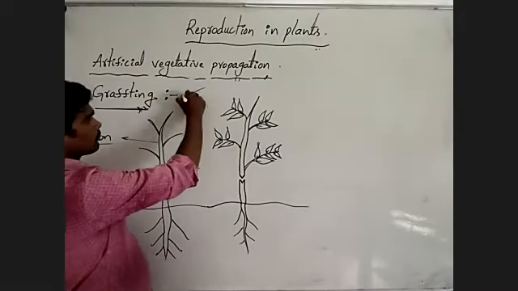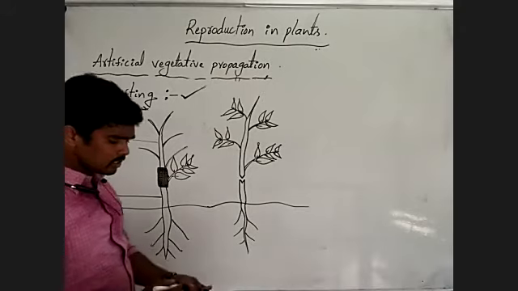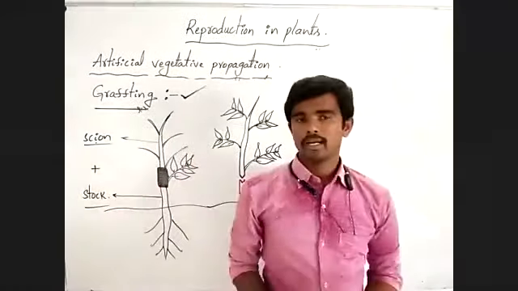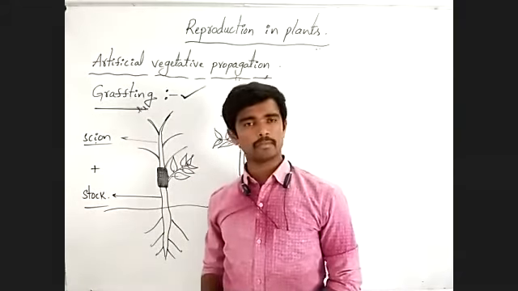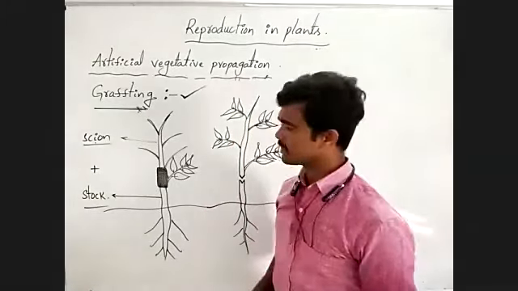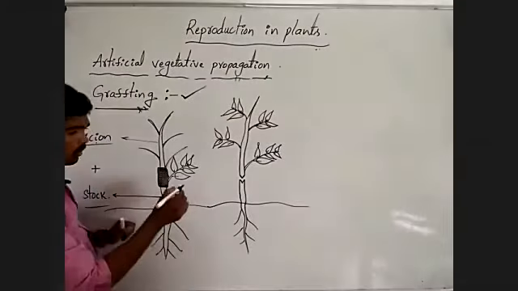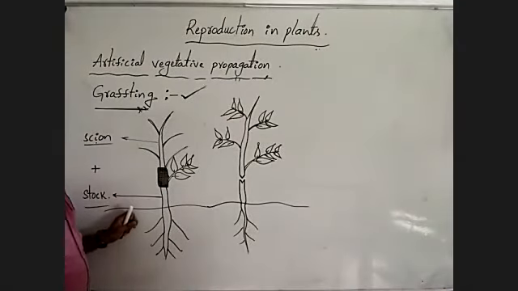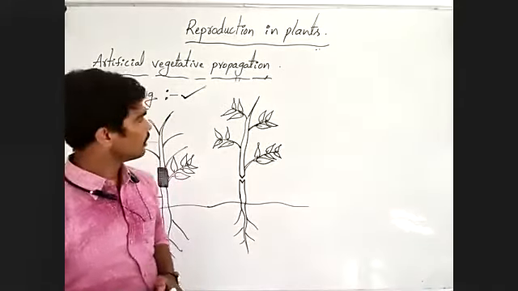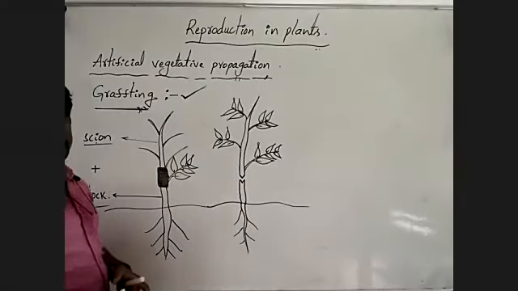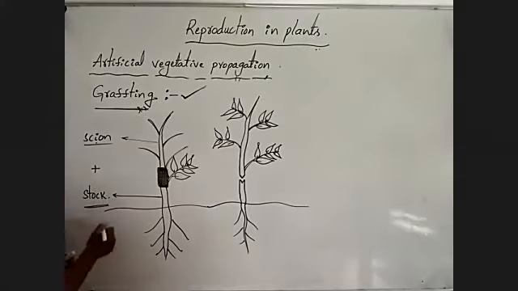Why is this type of grafting method done by agriculture departments, farmers, or the forest department? What is the use of this grafting method? Actually, it is to overcome some problems, the different types of demerits of plants. The grafting process is done for this. Here this is the stalk.